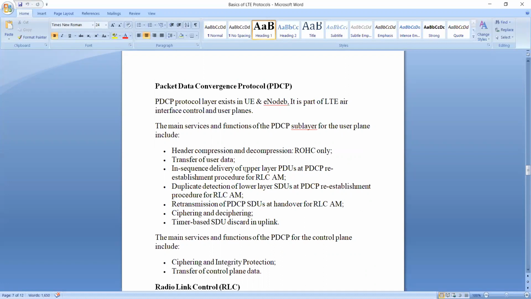So in in-sequence delivery, whenever data flow happens, suppose UE is sending some data, it will go to PHY, MAC, RLC, then PDCP. PDCP will see the sequence number of each and every byte. If some sequence number is missed at the RLC or MAC layer, it will ask to retransmit again. So it is sequence delivery. It will deliver sequentially to the upper layers. The upper layer in the user plane is the IP layer.